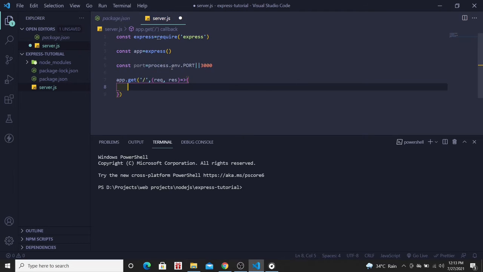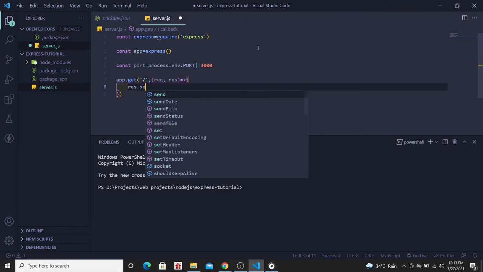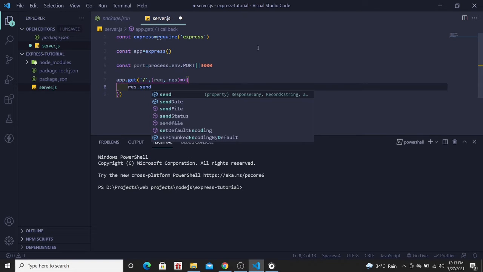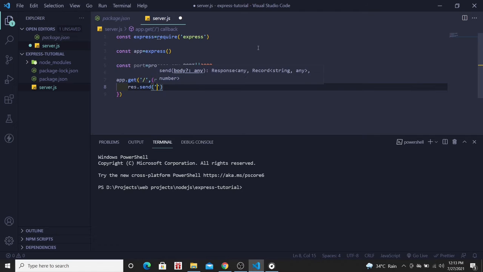Now in this arrow function, at this moment we have an empty response, but to send a response we have to type. There are a lot of methods, I will discuss most of the methods later, but say I just want to send back or print any data in the browser currently, so we will use this send method. In the send method I am writing here: welcome to Express server. So this will get printed. This is what the send method does.